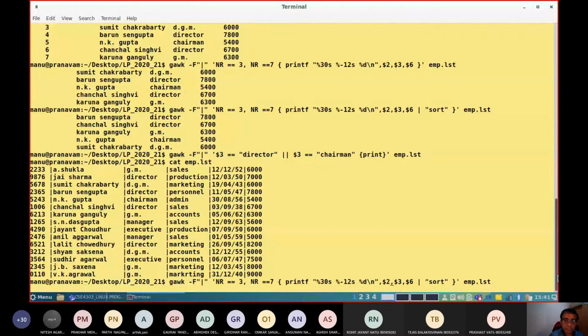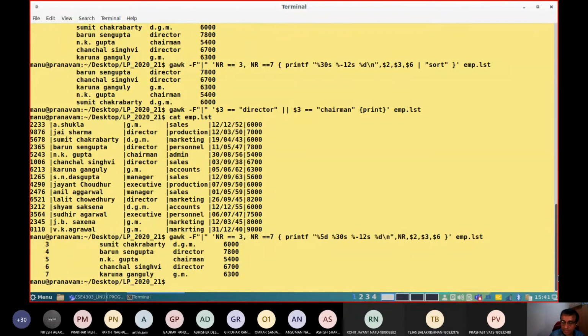Printf. Expressions are printed here. I'll modify this content.